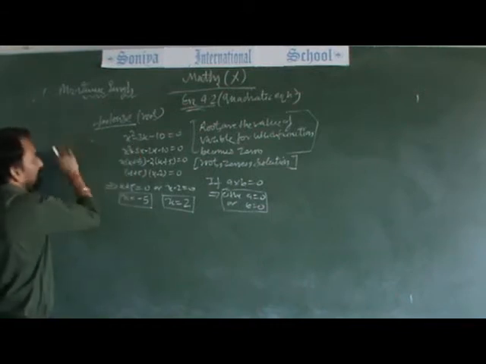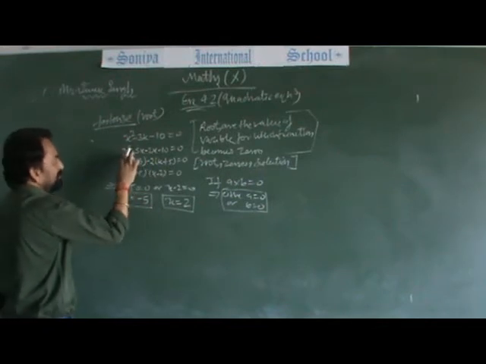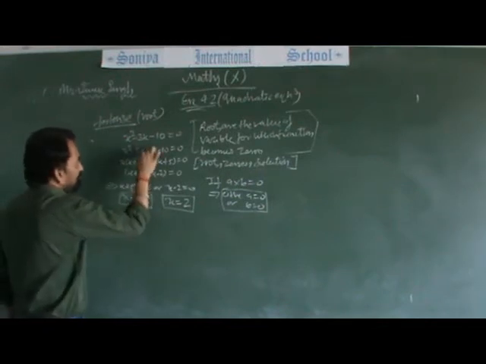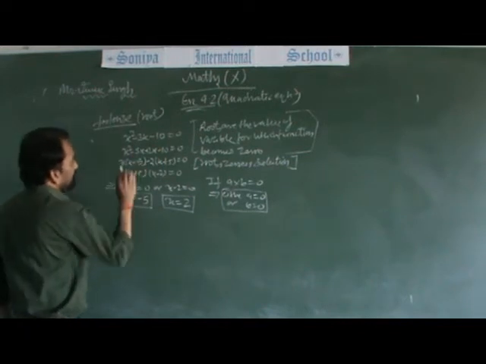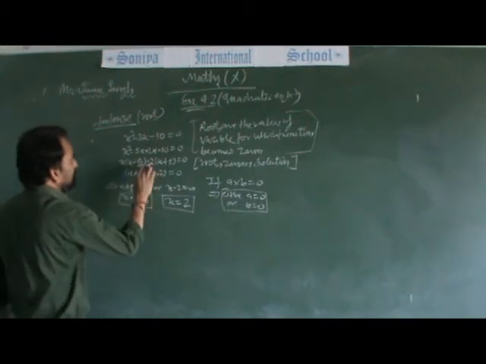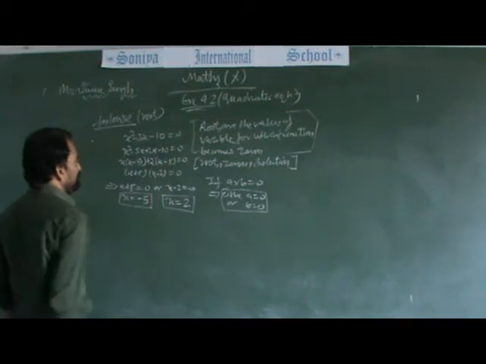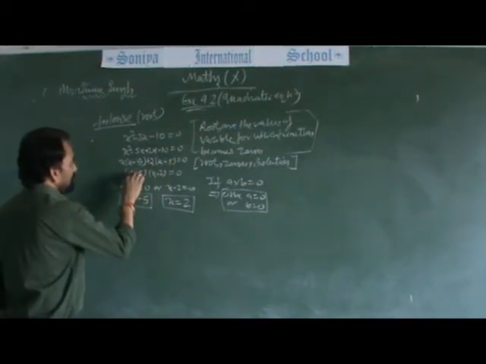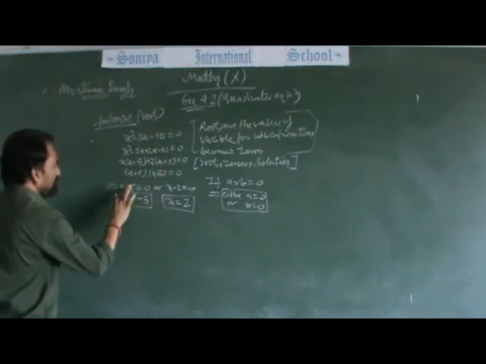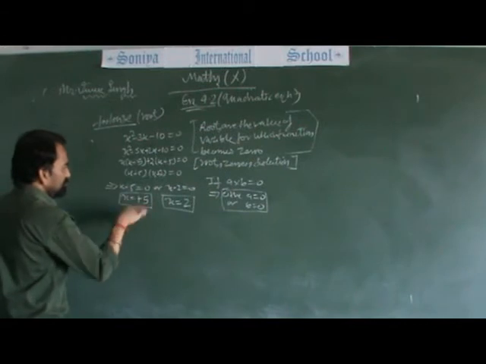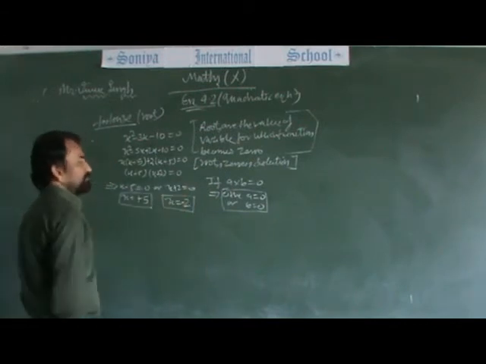Minus 3x. We have to bring minus 3x: plus 5x and minus 2x becomes 3x. So this is coming with a negative sign, and this is with a positive sign. So when we take x as common, here we have x minus 5, here we take plus 2 as common, again we get x minus 5. So in one bracket x minus 5 and in the other bracket x plus 2. When x minus 5 equals to 0, x equals to plus 5, and when x plus 2 equals to 0, x equals to minus 2.